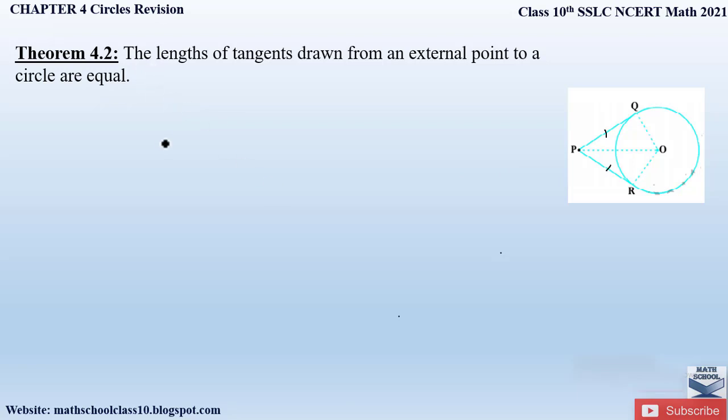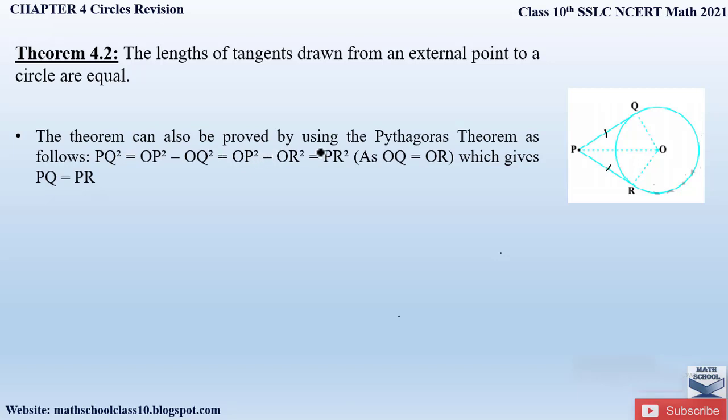So from this theorem, what are the points we can conclude? This theorem can also be proved by using Pythagoras theorem. We can observe that the triangle PQO is a right angle triangle because this OQ is the radius which is perpendicular to the tangent, right? So here there is a 90-degree angle formed. So therefore there is a right angle triangle formed, that is OQP. Similarly here, if you observe again, OR is the radii of the circle which is perpendicular to the tangent PR. So here there is a 90-degree angle formed. Again we can say that the triangle ORP is a right angle triangle, right?